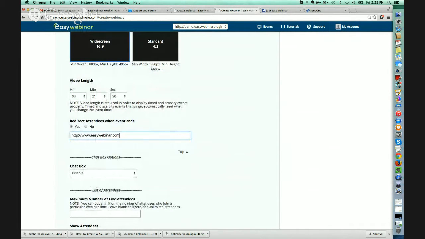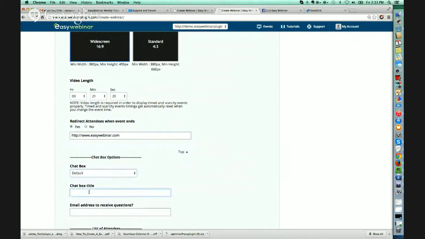And then I move into the chat box. Now, for this particular event, I'm going to use our default chat box. And I'm going to put a chat box title such as leave, and we will,